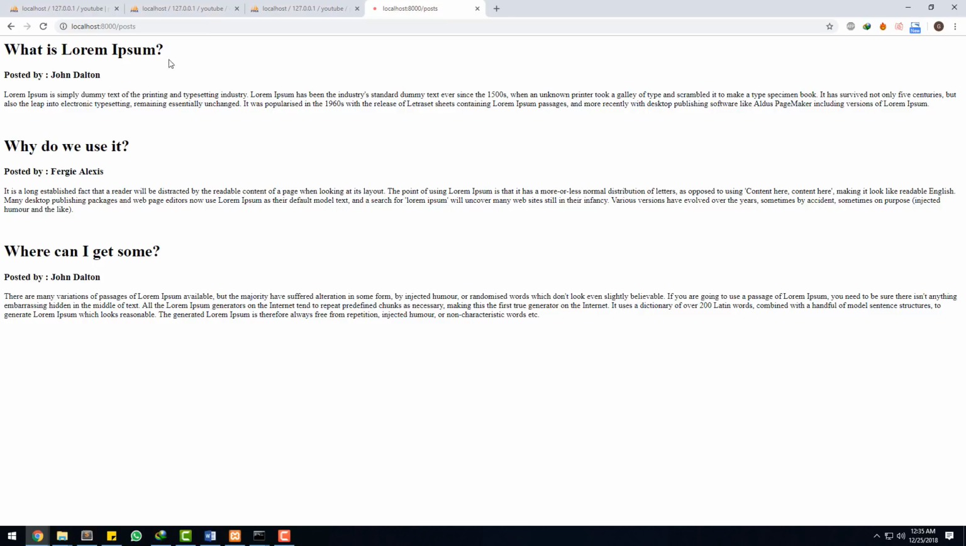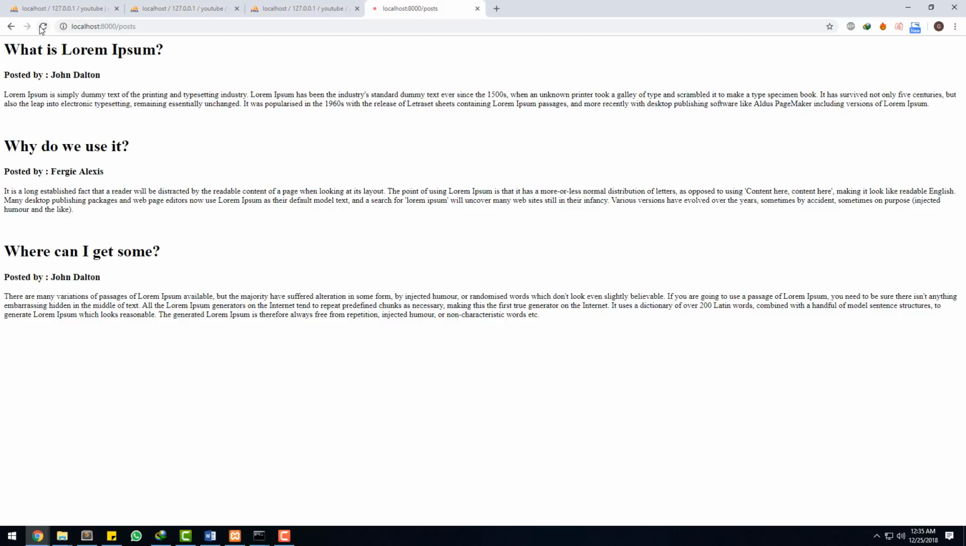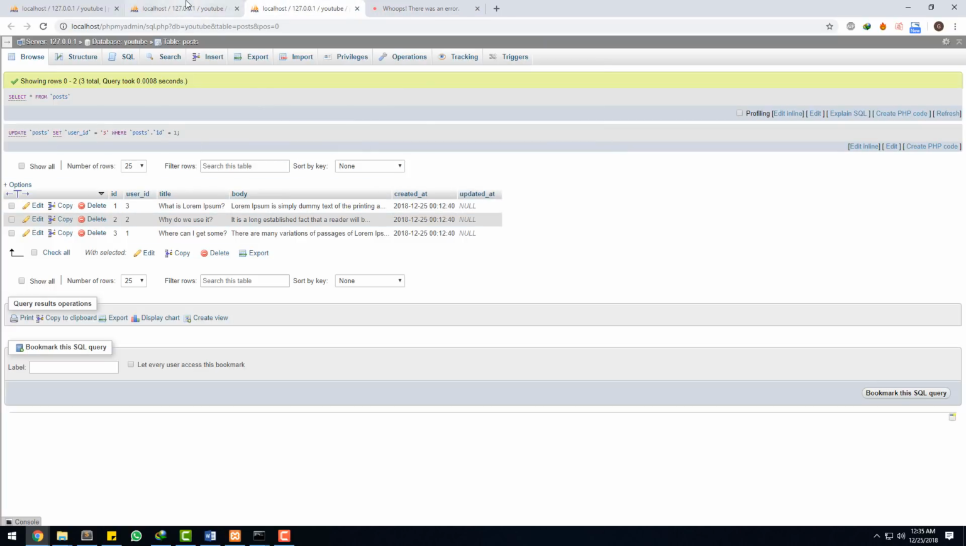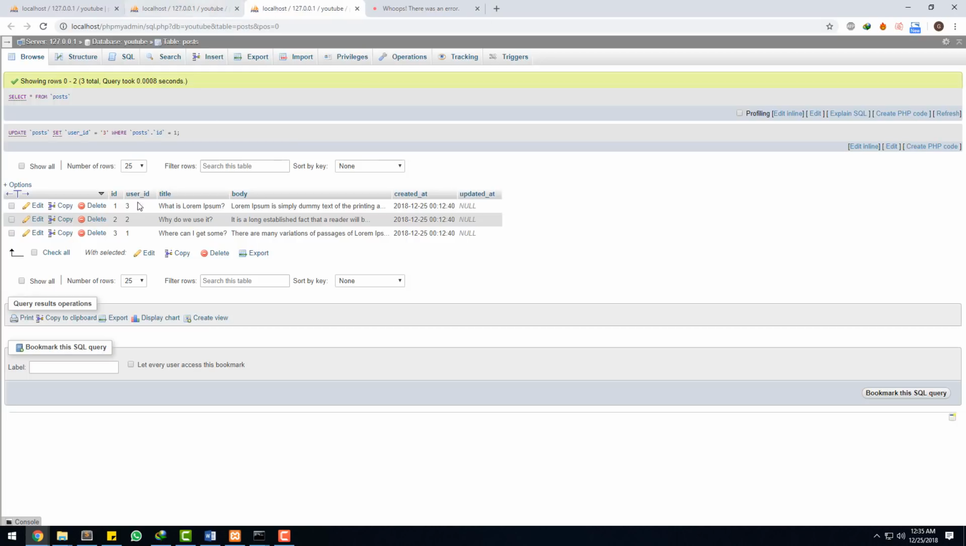And now sometimes you might make an error like this. Okay, let's change this user ID into 3. Then if we refresh this one, it will show you an error like this. Trying to get property name blah blah blah like this one. This is because user ID number 3 doesn't exist on the user table. So you can either change this back to 1 again,